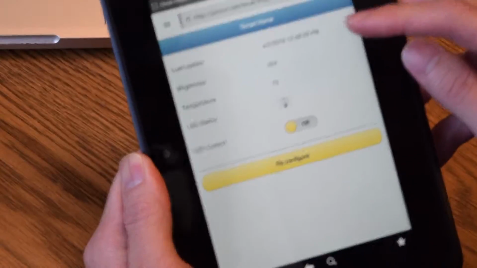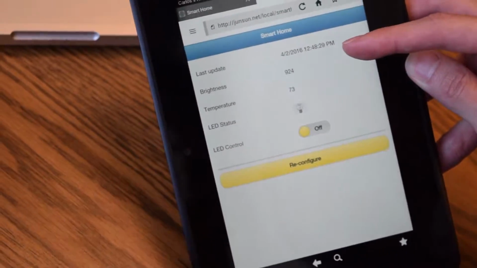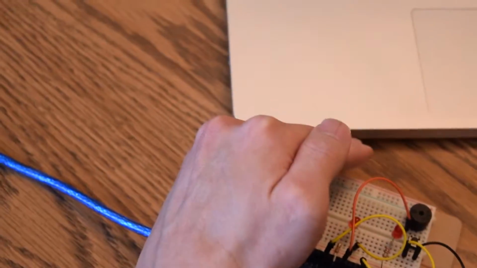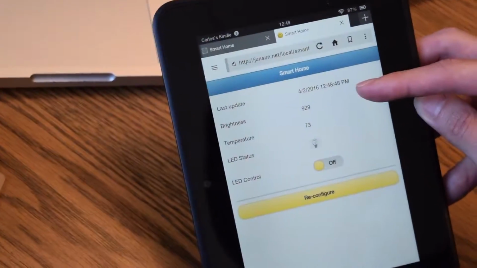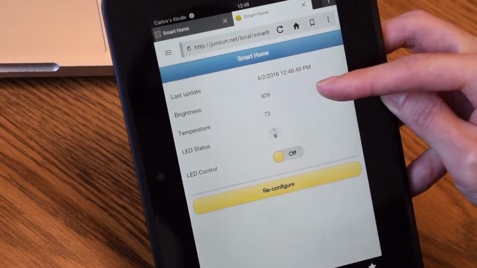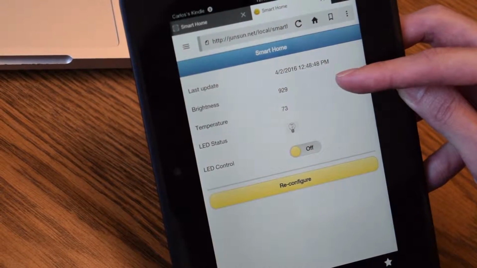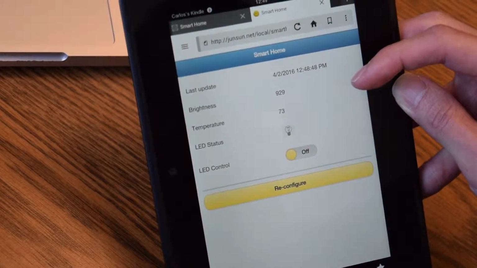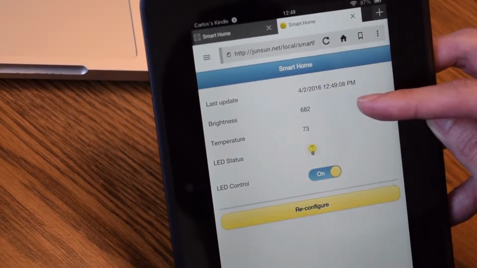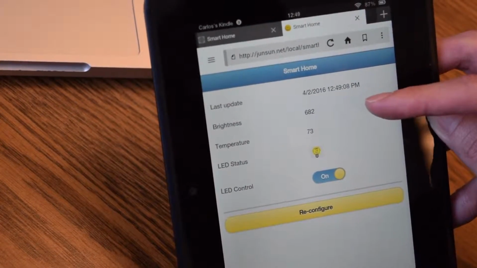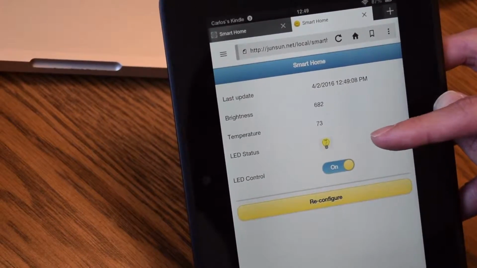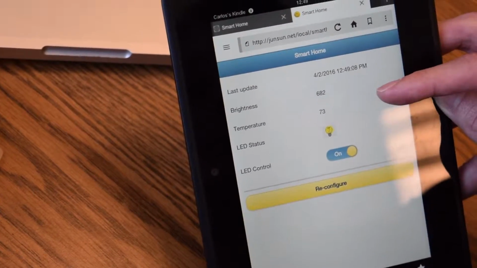So the brightness currently is at a higher value. So if I cover the light sensor, it should update the brightness to represent the current brightness, which is 682, which shows a darker condition, and the LED is also turned on, and then